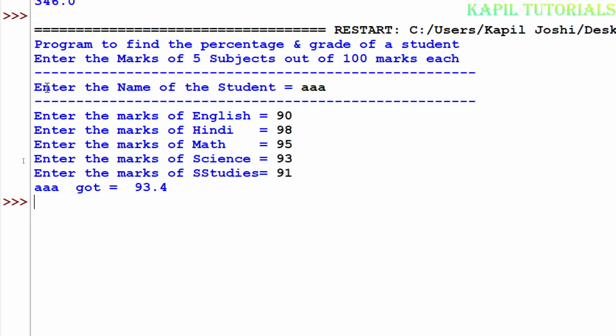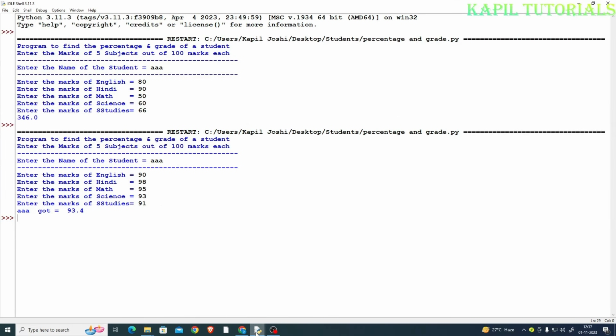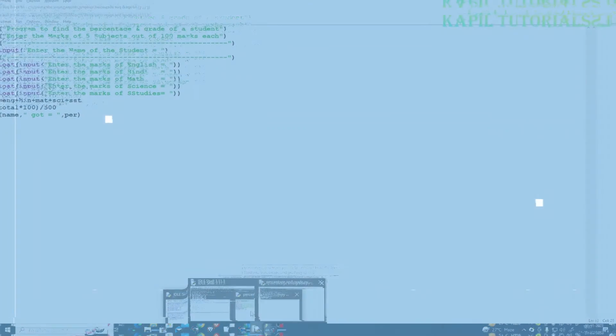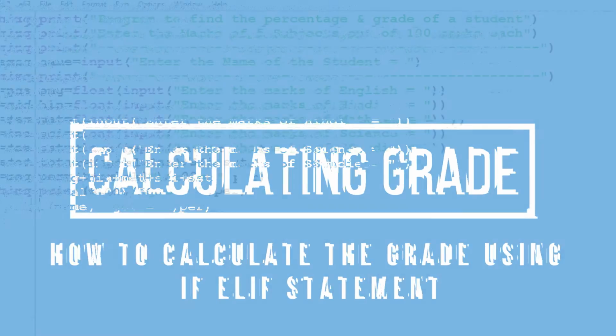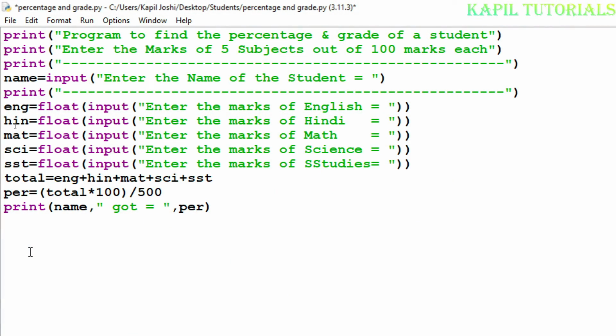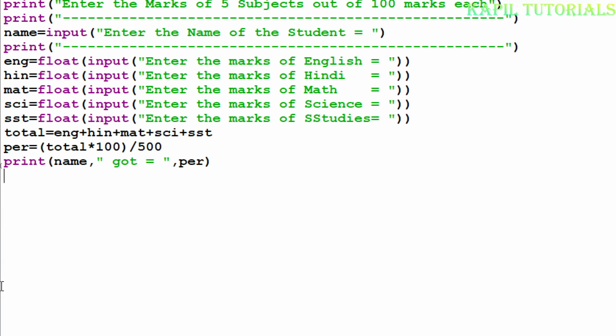Now my second part of the program will start from here, where I have to calculate the grade also. And for that, again I'll go towards my taskbar at the bottom, and from here I'll shift towards my program. Now here actually I have to find the grade, and for grade I have to use if statement. That means a case statement where plenty of options are there and we have to find the proper option according to the percentage. So I'll set some conditions, and I want that if the student gets 95 percentage or above,